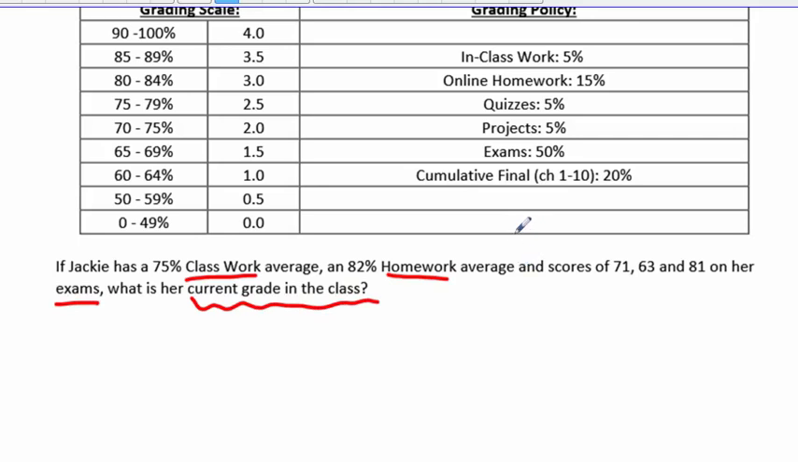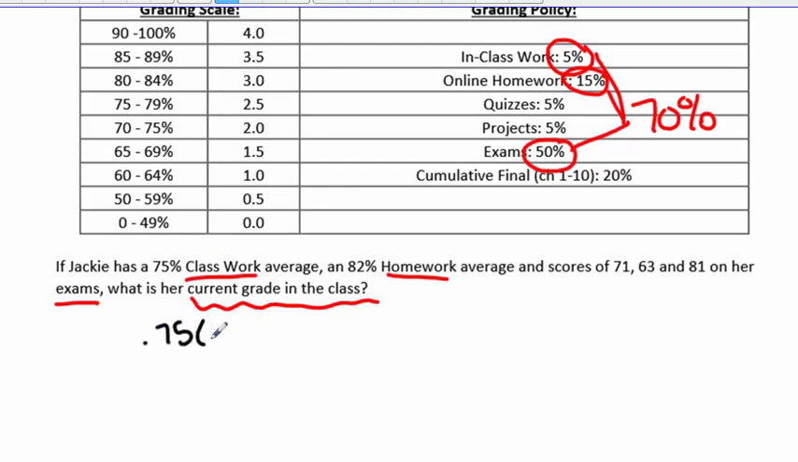Okay, so her current grade in the class is going to be calculated without knowing all of the grades for all of her assignments. I only know some scores for classwork, homework, and exams. So together, these make 70% of her overall grade. Okay, so let's get started. We have classwork,